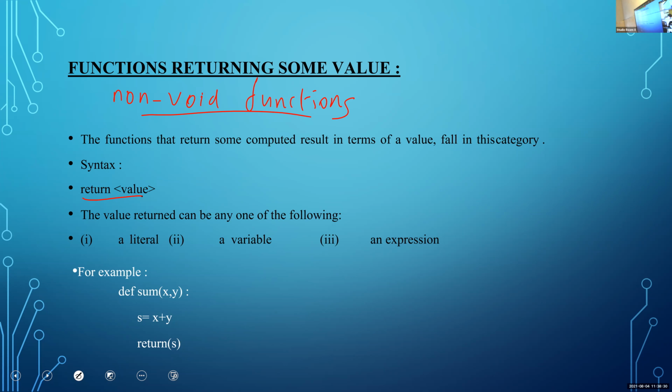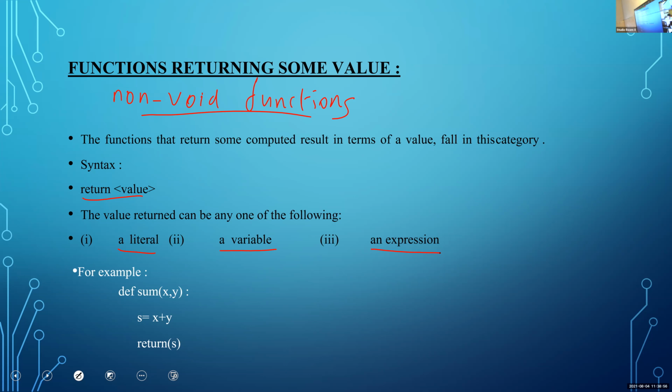The value returned can be any one of the following. We can return a literal, we can return a variable, we can return an expression. The function definition that will return a value is known as non-void function.